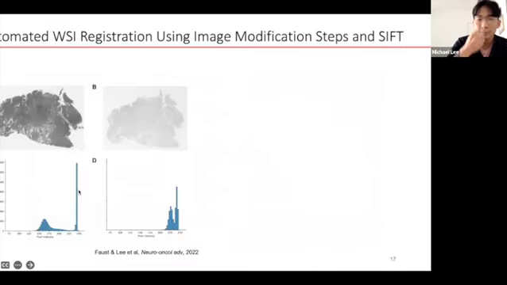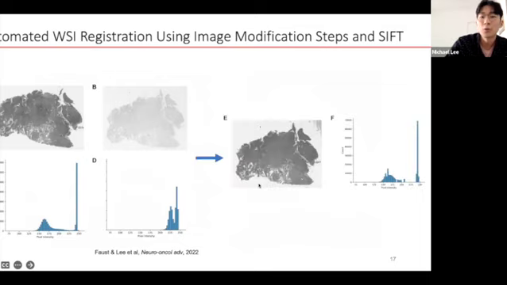And prior to SIFT, we had additional image modification steps as well, like converting them first to black and white images, as you can see in panels A and B. And from there on, also doing a pixel intensity normalization, especially because their pixel intensities are different. We would use histogram matching. And so now in A and B, the only differences are essentially the morphology of the tissues. Everything else like color and pixel intensity are normalized so that SIFT can operate on it much more smoothly.